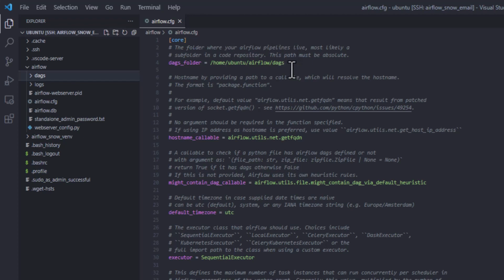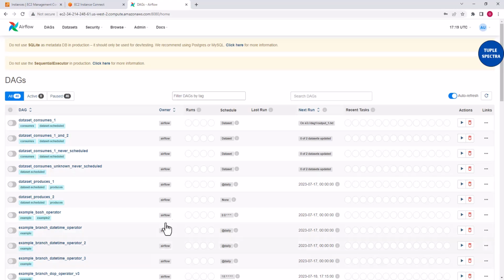That means our pipeline, we want it to live inside this directory, airflow/DAGs. That's why I created DAGs inside here, right? So the file we are going to be using is going to be inside here. We are going to create the file later. But for right now, since we have saved, let us go back to